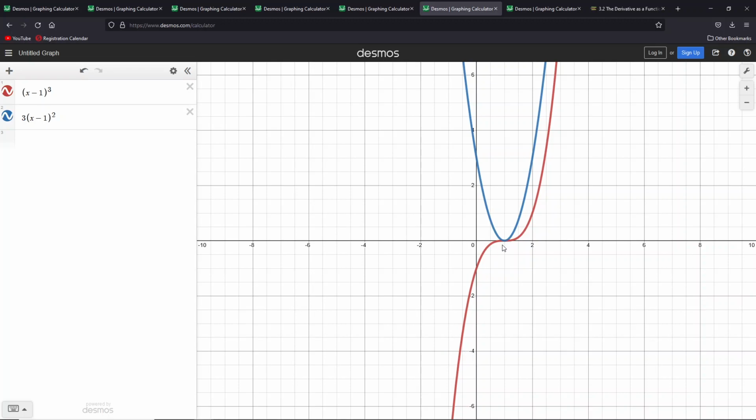It's 0 at this point because the tangent line would be a horizontal line, so the slope would be 0. But then it starts going up again, so it'll stay above the x-axis, which means again that it's a positive derivative value. Now one special case before we look at the example from the textbook, and that was